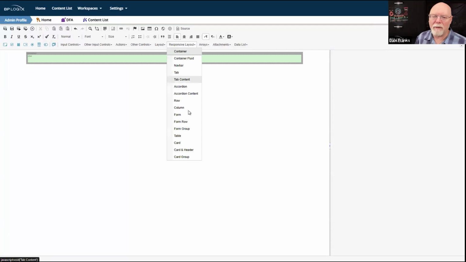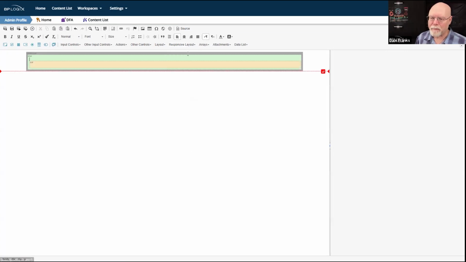So I'm not going to have any form controls. So let's drop in a couple of column controls. In fact, let's drop in another column control. So as I drop them in with the cursor remaining in the same location, it's just automatically going to place them right where it needs to place them.